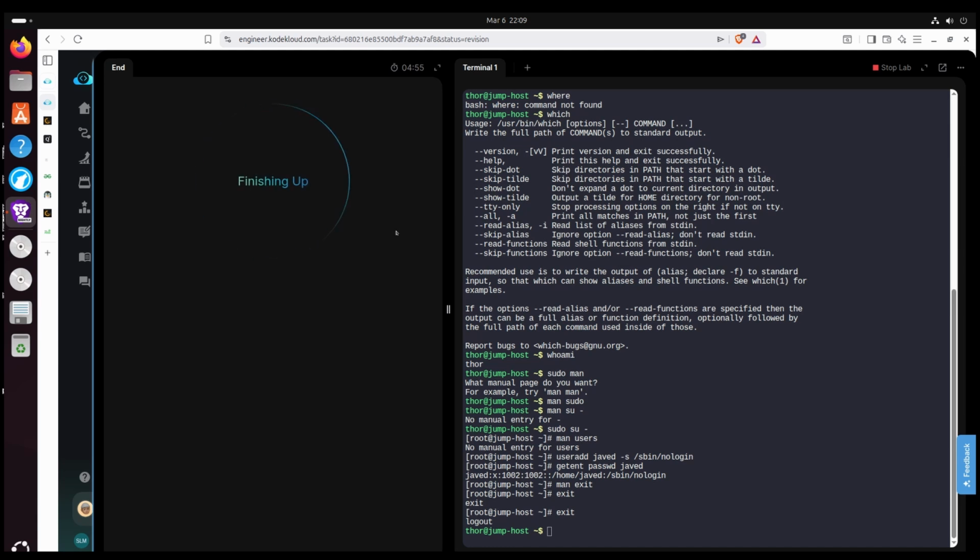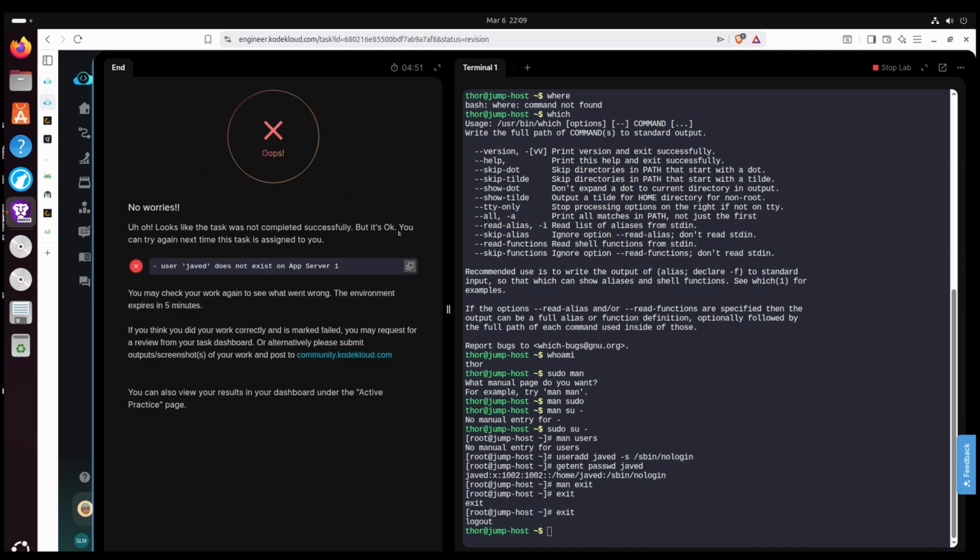Oh. What did we do? What happened? Javid does not exist on App Server 1. What? How did this happen? I thought we did. We added Javid, right? Why does it say that the user doesn't exist? We added Javid and it said here